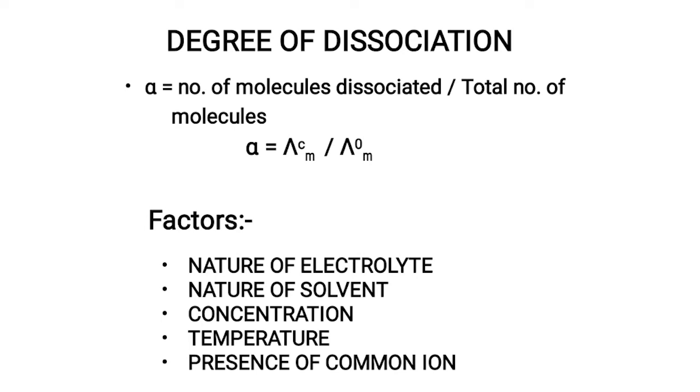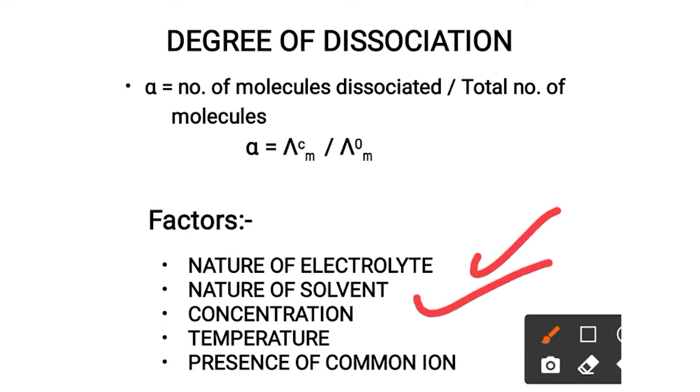So suppose lambda mc represents the molar conductivity of the electrolyte solution at a specific concentration C. Then assuming lambda m is independent of the number of ions produced, the degree of dissociation alpha at a particular concentration C is given as alpha equal to lambda mc by lambda m0. Now the factors affecting this degree of dissociation are nature of electrolyte, nature of solvent, concentration, temperature and presence of